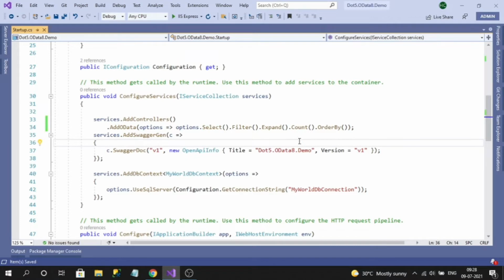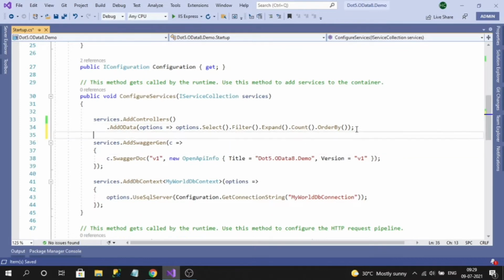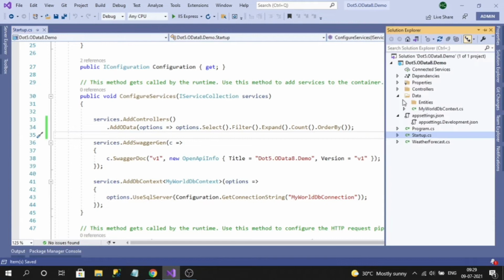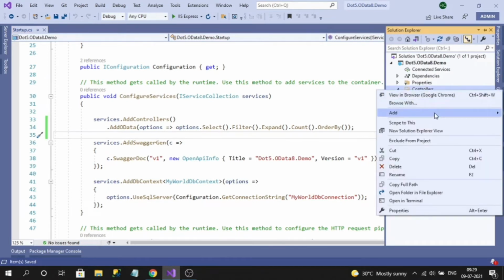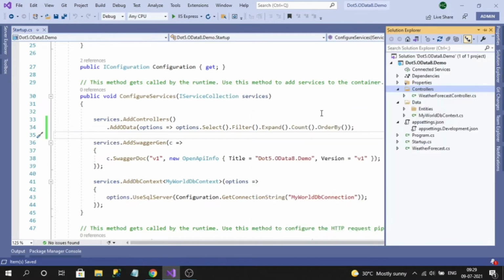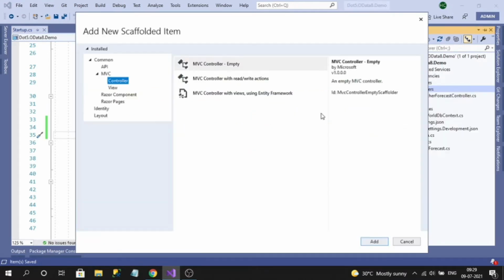Next thing is we need to create the controller itself. So let's jump into creating the controller. In the controller folder, let me add a controller. I can select API and we can select empty.